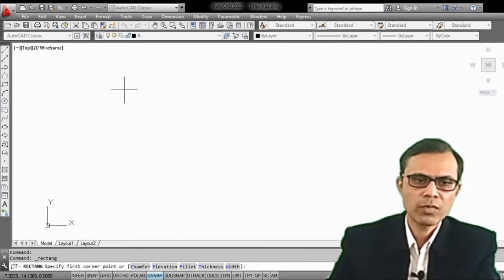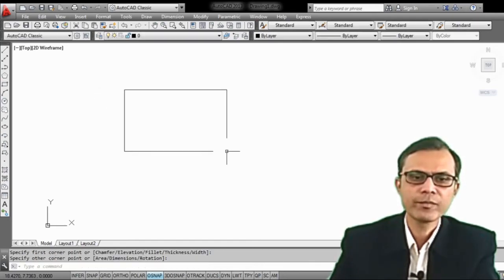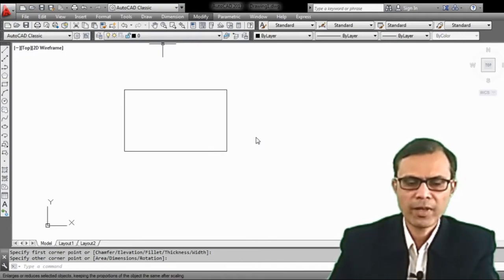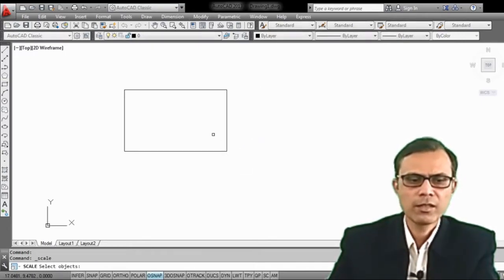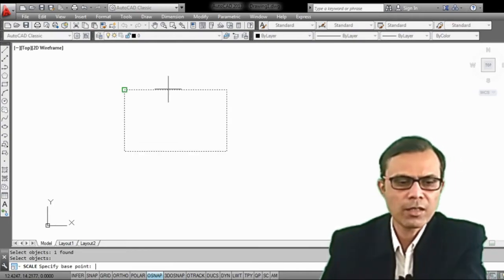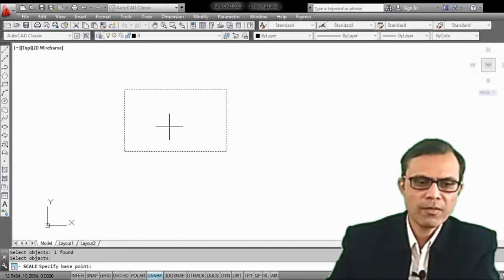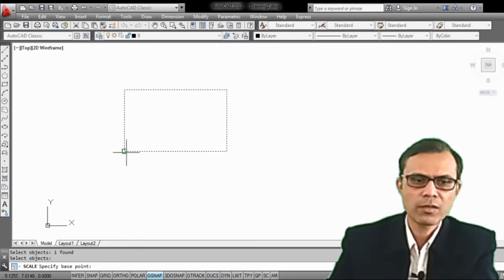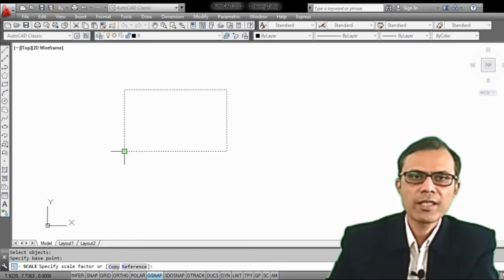So it is a rectangle, source object, modify command. From modify menu, scale, select the object, press enter, and specify the base point. So here I am specifying base point. Specify the scale factor.